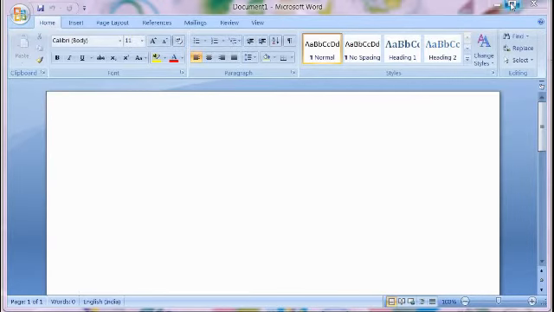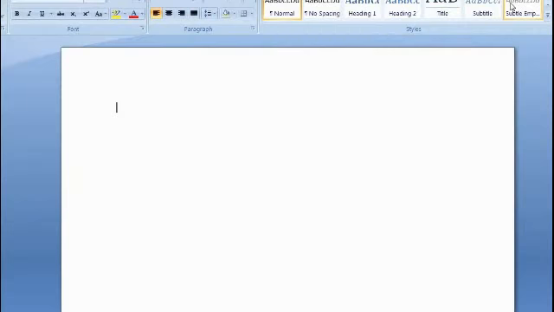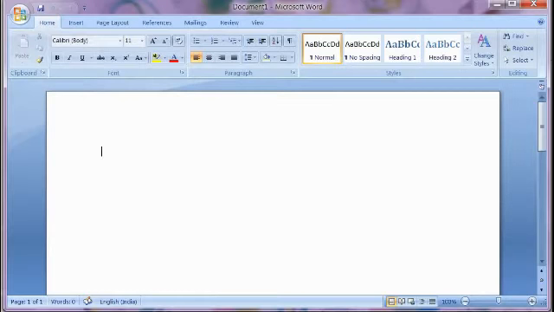With the maximize button we can increase the size and decrease the size. If I click the maximize button, the screen will be seen in the large size of the desktop. If I click the same button, the size will be reduced. If I click this close button, the application will be closed.